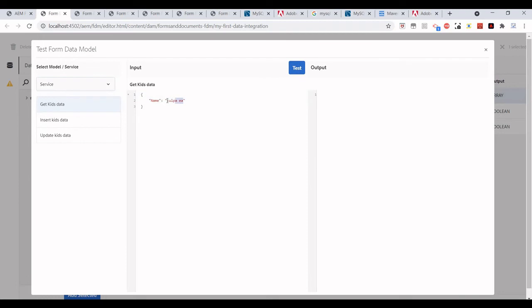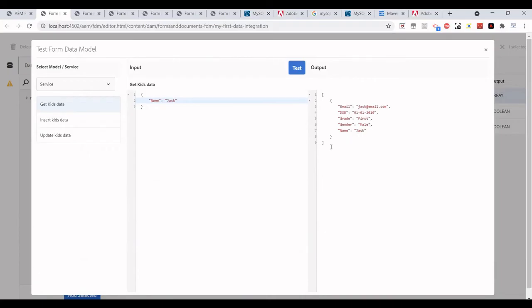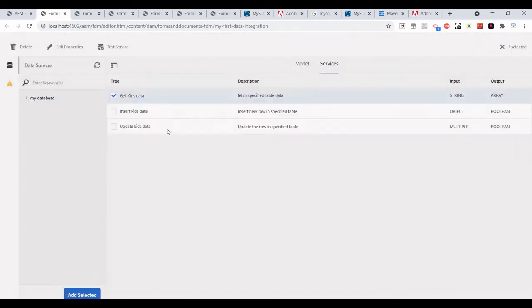So I will put Jack here. Yes, and I can see all the information related to Jack, jack@email.com, etc. So this get service is working fine now.